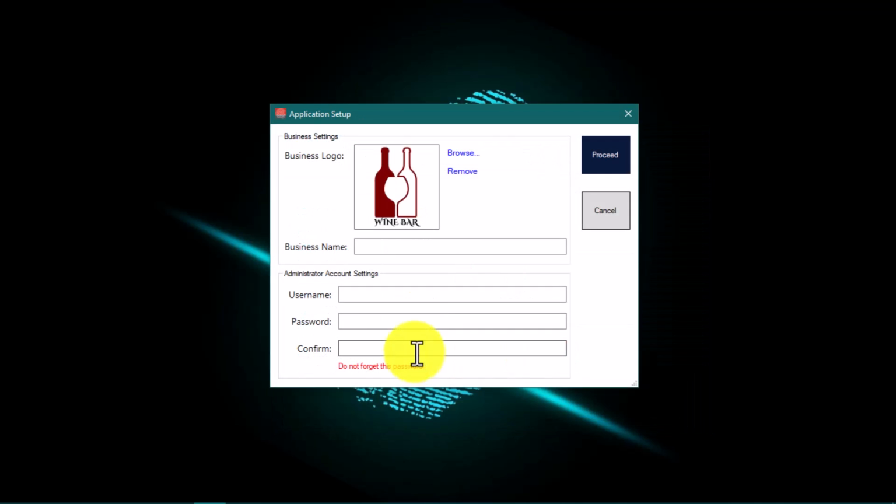I have a logo here, I'll bring it in. Then for my business name, we are going to be using Cubana Bar and Club. All right. For our username, let's use admin. Password 12345. You also have to confirm the password, so you enter the same thing you entered in password here,